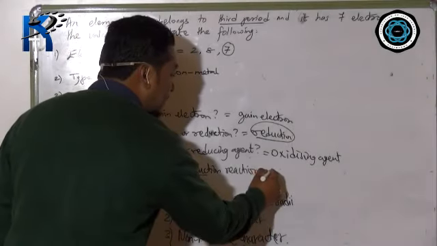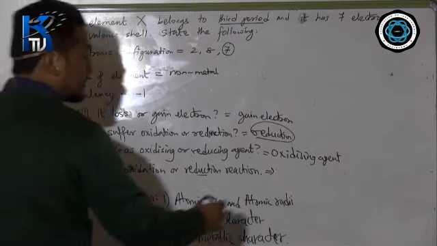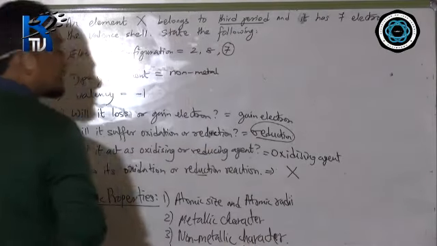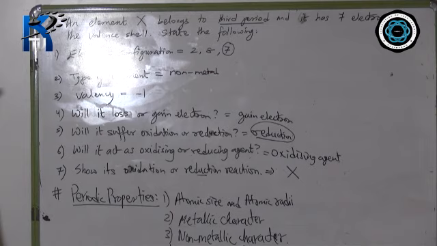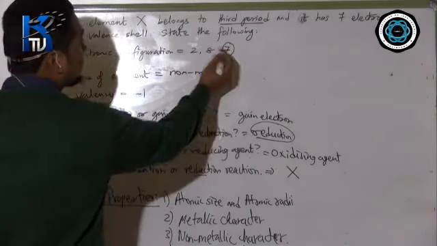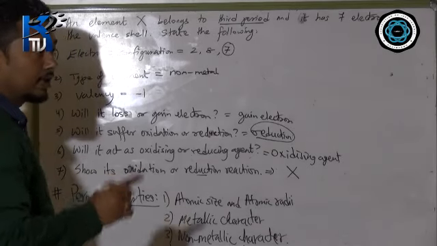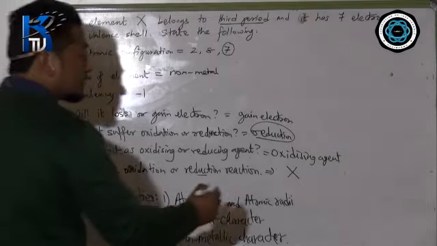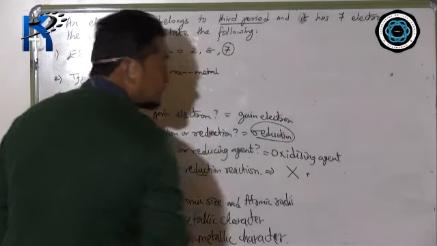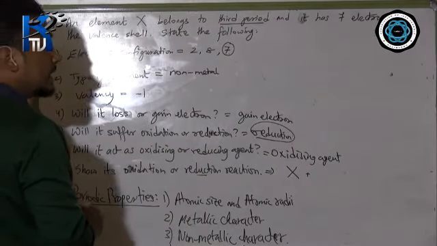Okay, and now let us see how to show the reduction reaction. Here is your element X. I am about to show the reduction reaction because it is suffering reduction. And you know that X has 7 electron in the outermost shell, and it is a non-metal. Therefore, it gains 1 electron to become octet. So gaining is shown by plus sign. And how many it's gaining?